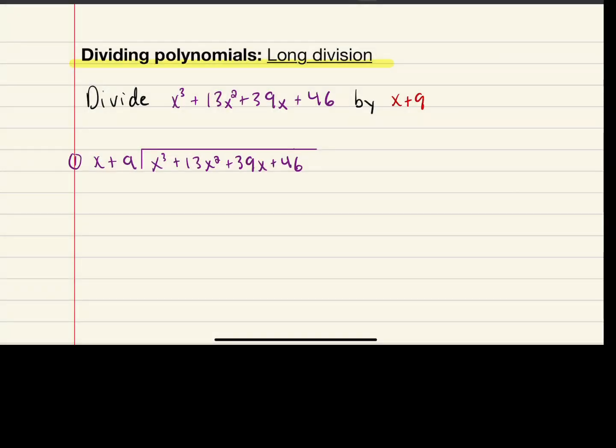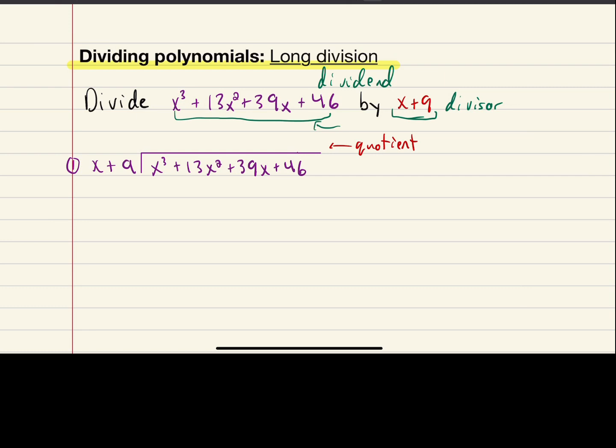Now I'm going to label a couple things here so that when I refer to these terms in the process, you'll know what I mean. This over here is the divisor. And then this over here is the dividend, meaning we're dividing this into this. The result that we're going to get at the top of this bridge over here